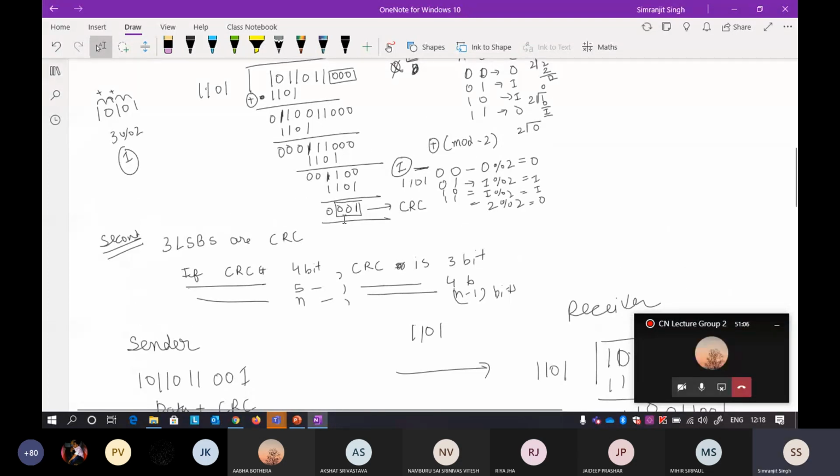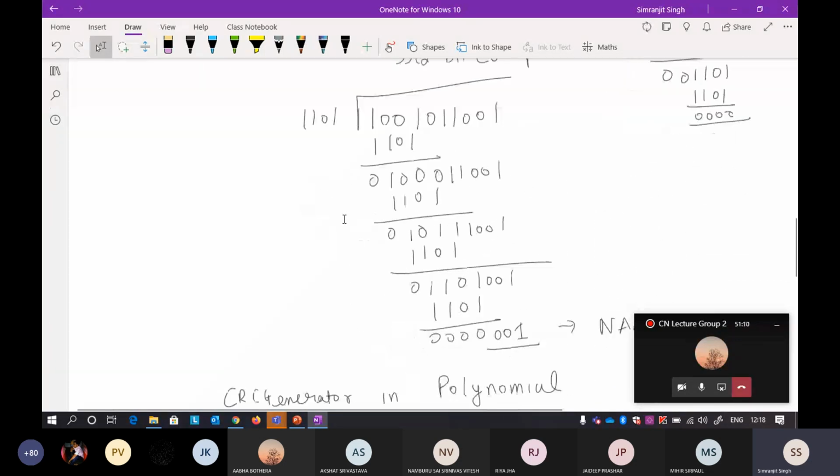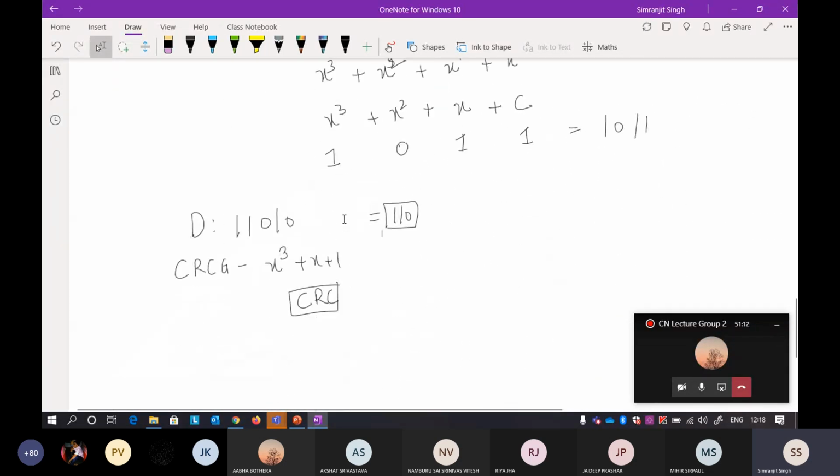Have you divided it? Again, I think you may not be adding the number of zeros. Okay, so I'll show you if you are making a mistake here. So this is the data, because you already know that my CRC generator here is x3 plus x plus 1. So I have already figured it out. It is 1011. Because the CRC generator is 4-bit, I will add 3 zeros here. So when I add 3 zeros, now start the division process.